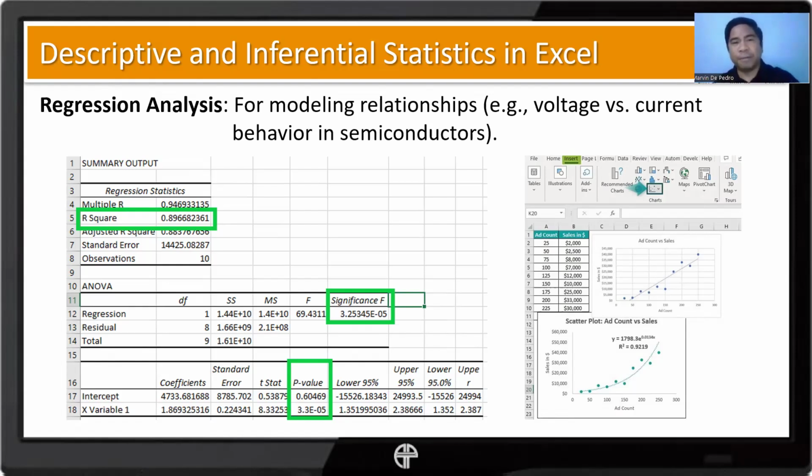When we are close to 1, for example 0.90 something, that is kind of too good to be true. So that's already overfitting and we avoid that as well. So if you get an R square of 0.90 plus, you have to double check your data.